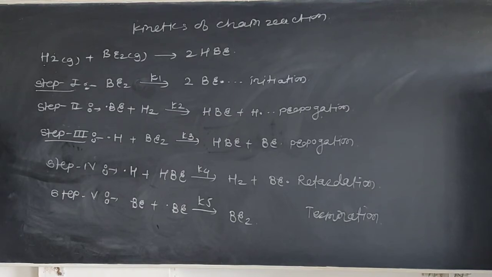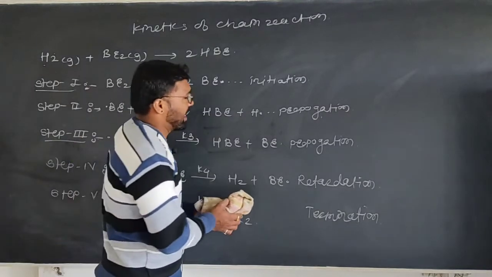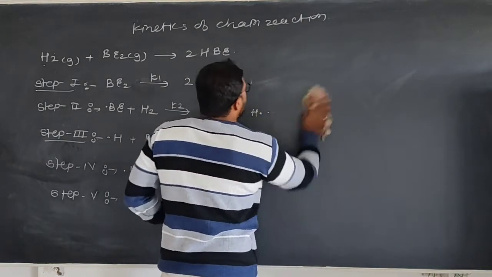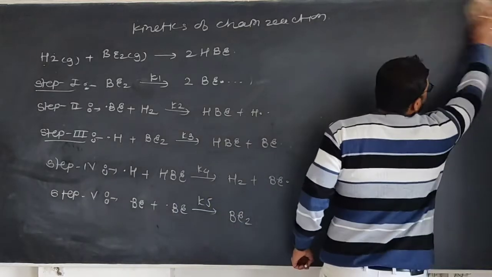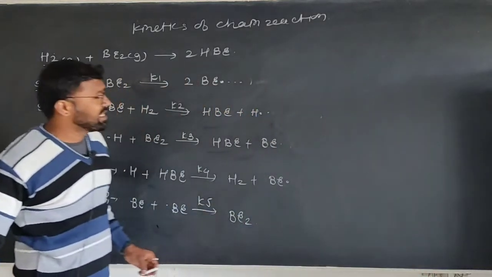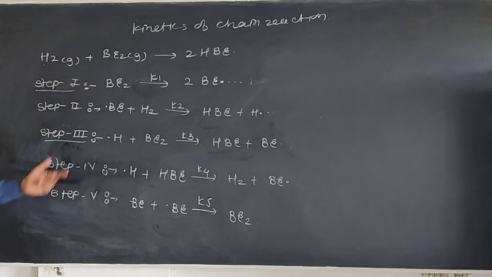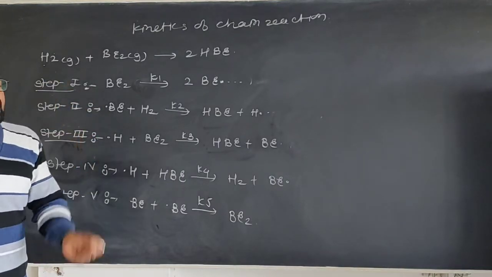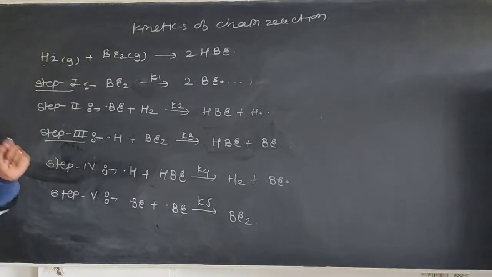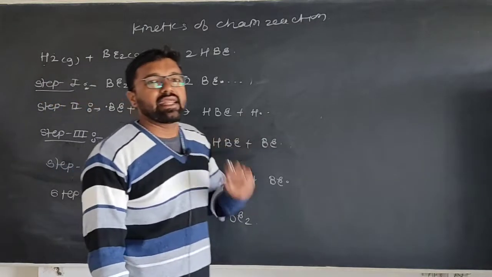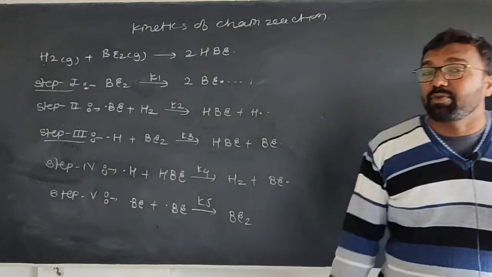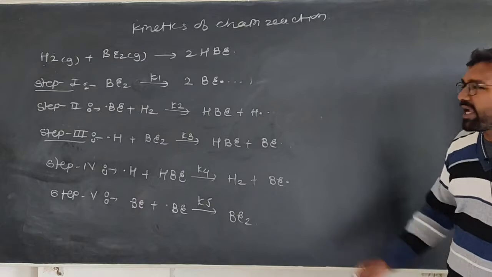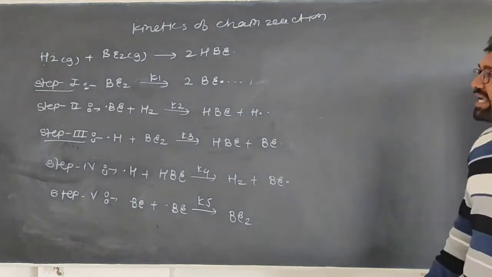Okay. Now consider, suppose you want to find the net rate of formation of HBr, because our product is HBr. Suppose I want to find the net rate of formation of a product. In kinetics, we form the product, right? Whenever a species is formed, give positive sign, and if it is consumed in a reaction, then give negative sign.